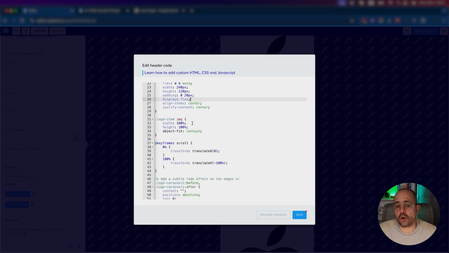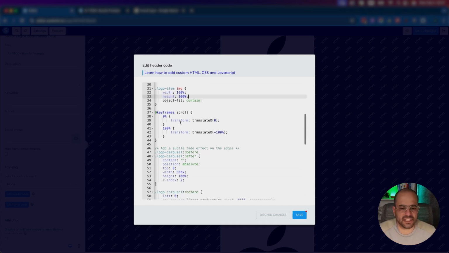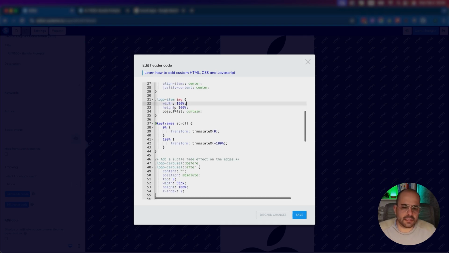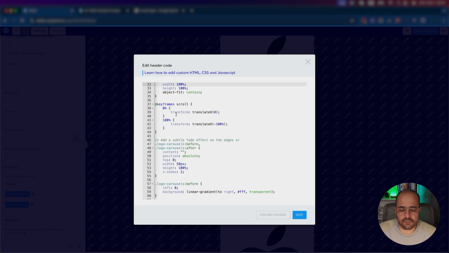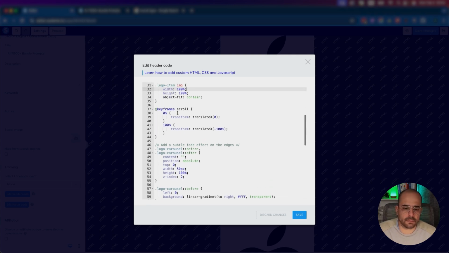We have the logo item image with width and height 100%, to try to keep the consistency and not stretch the logo, to keep the same size. Perfect. We have the logo item, and after that we have the keyframe scroll. And the keyframe scroll is when we are coming from right to left, 0 to minus